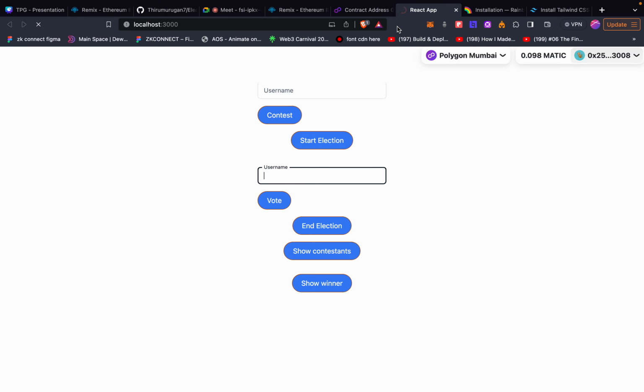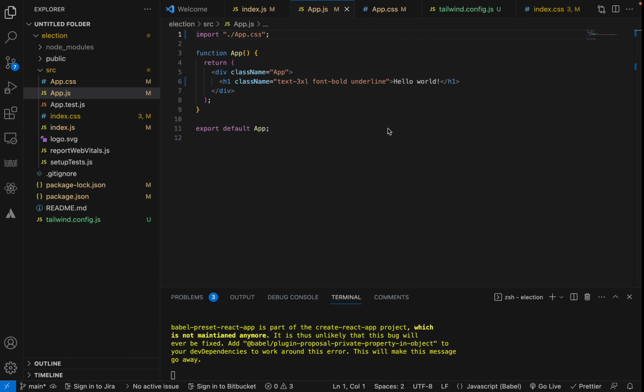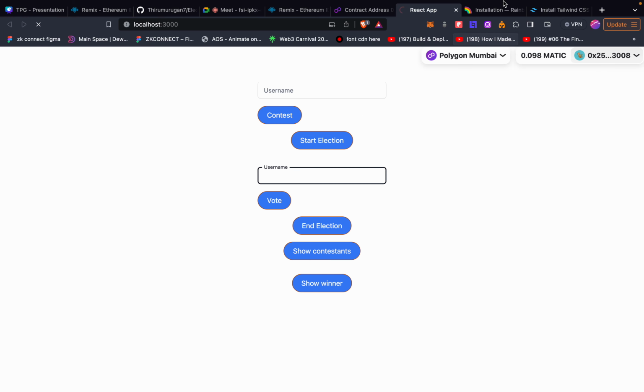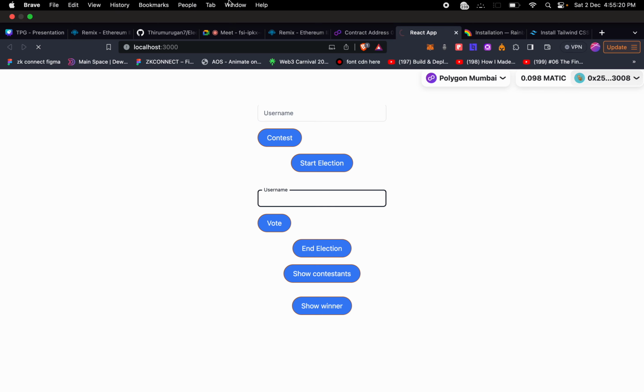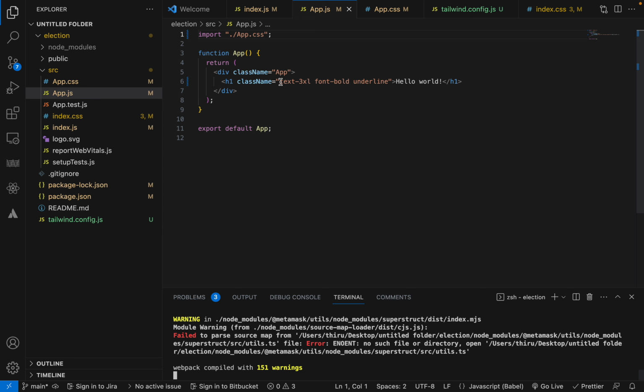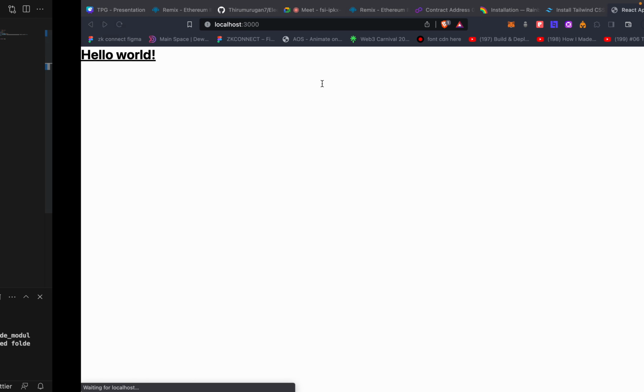Okay, till it loads up, let's do one thing. Okay, so in the classes we have given text-3xl, font-bold and underline, so everything is reflected in